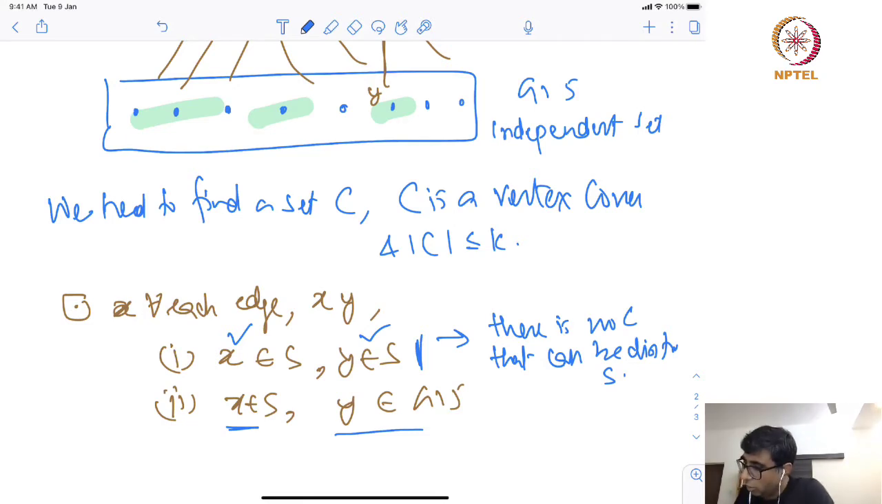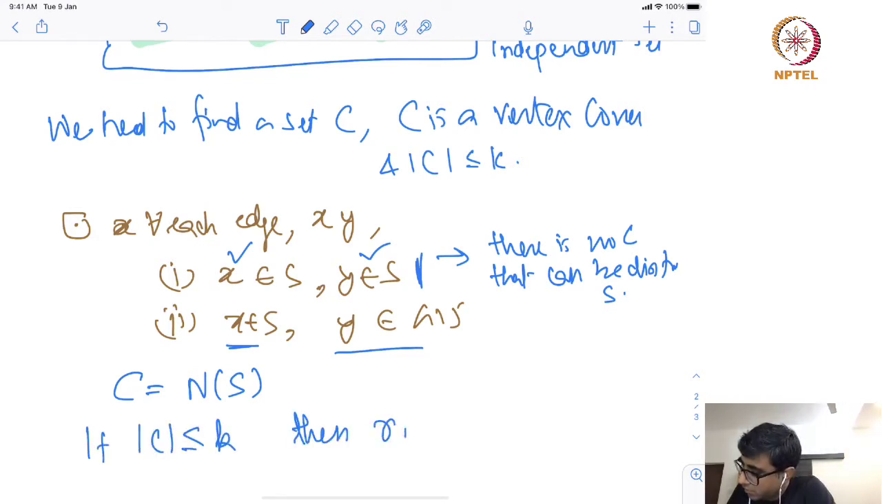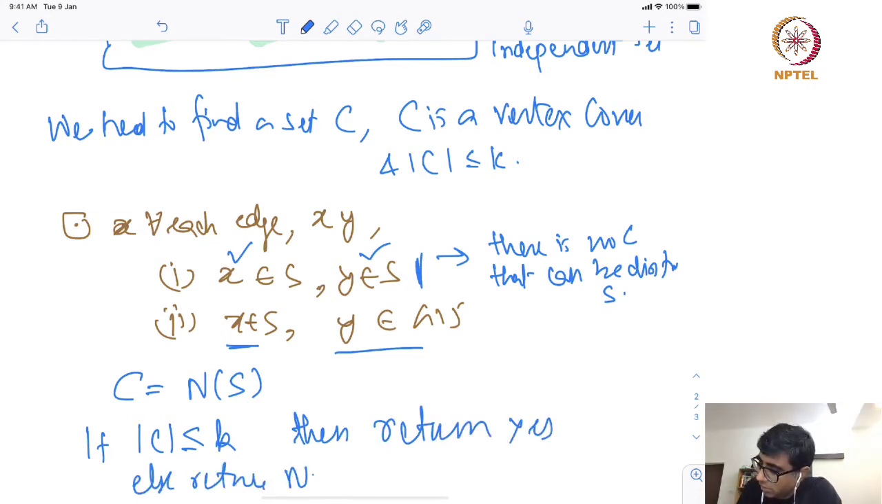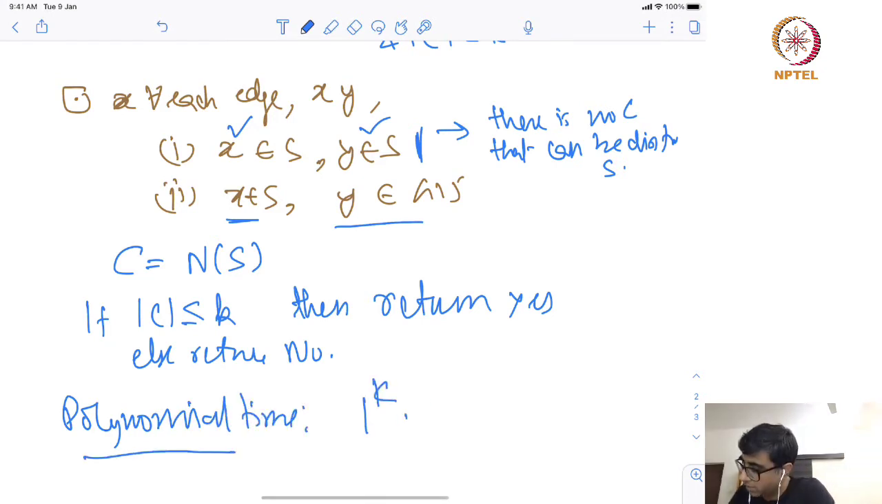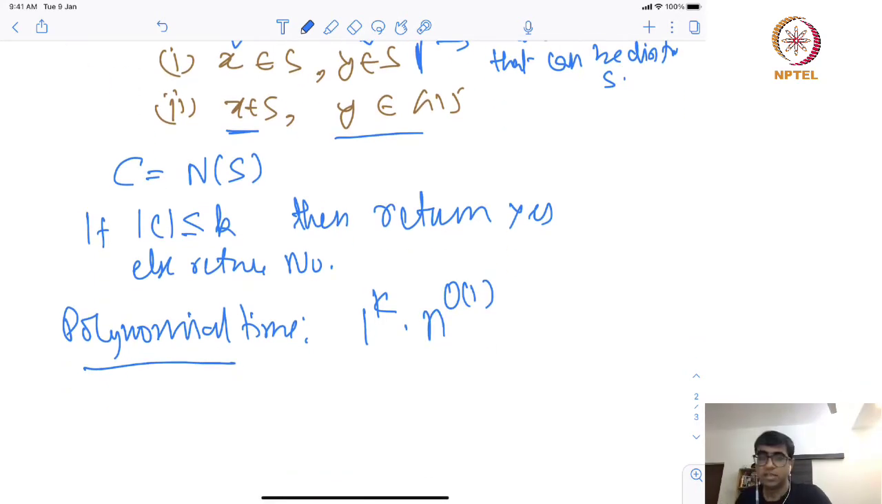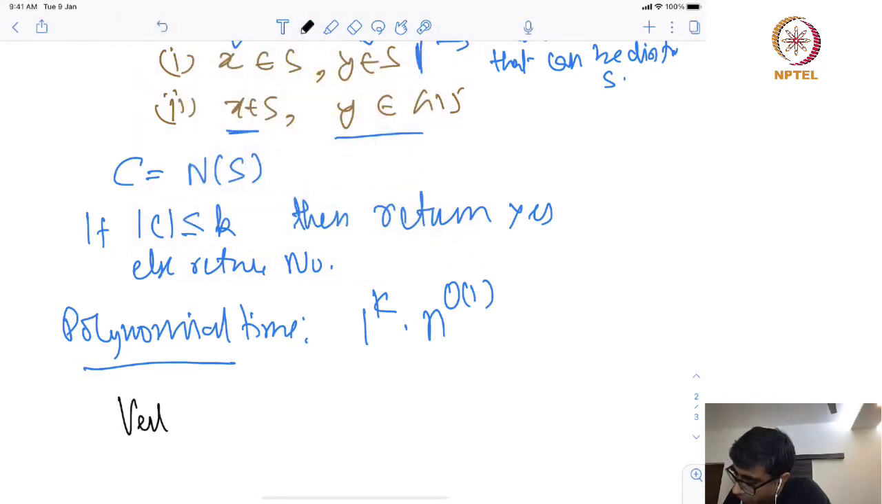So, basically what is your C? C is nothing but N(S). That is it, right. So, in this case, if |C| is at most k, then return yes, else return no. So, that is it. We have solved the problem in polynomial time, which implies we have solved the problem in 1 to the power k times n to the power big O of 1, and hence by the whole methodology, this gives us an algorithm for vertex cover